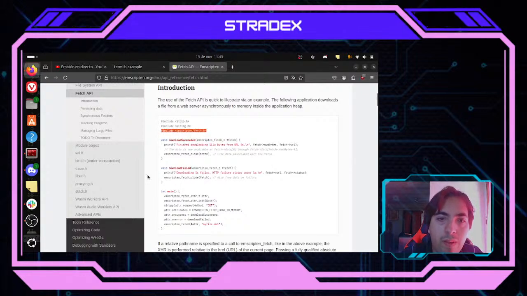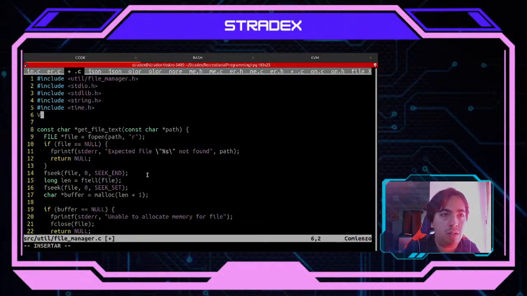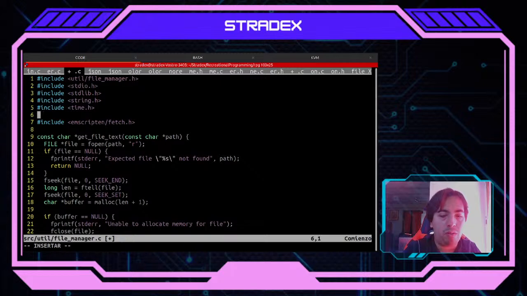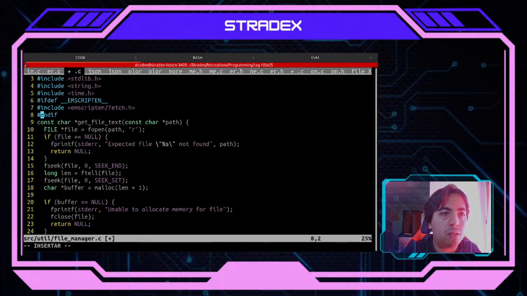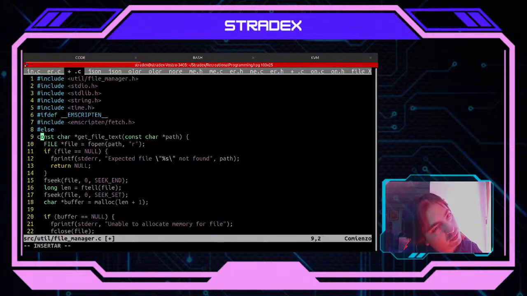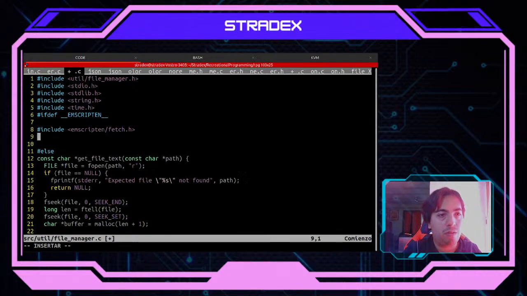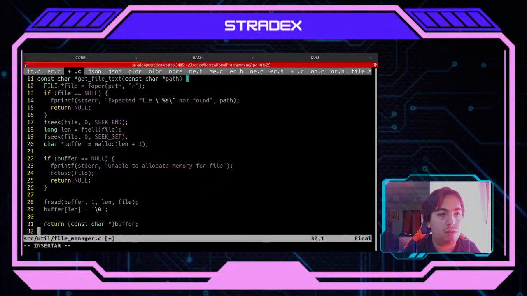So I want to use the fetch Emscripten option here for the file manager. We are going to have some ifdef Emscripten here, and probably I want two separate versions of this function, one for Emscripten and one for non-Emscripten. So if I use Emscripten, I want to use